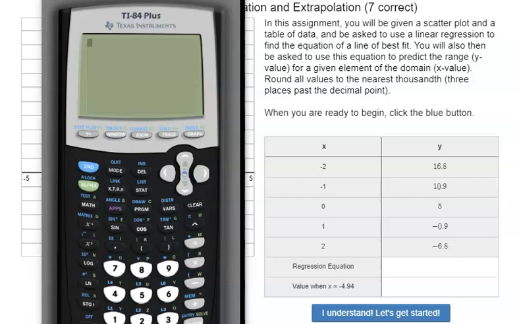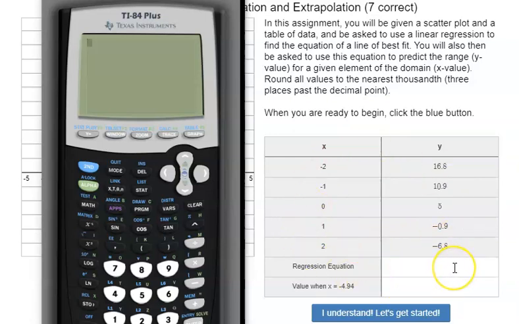Hello everybody. In this video we're going to look at how to interpolate and extrapolate from a set of data by using linear regression. In this assignment, you're going to be given a table of data, like the data that you see here. You're going to be asked to find the regression equation for a linear regression on this data, and then you